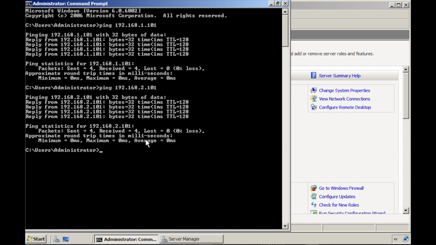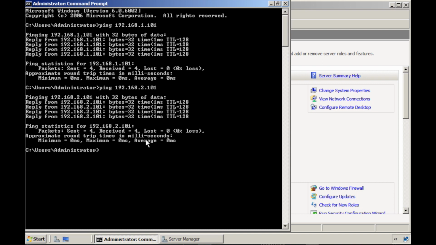These IP addresses are in different subnets, so technically they should not be able to ping each other without a router. Since each NIC card is connected to the computer, when it goes to send the ICMP request out, it could check to see what address we're trying to ping and realize, okay, we're trying to ping the 2 network, so I'll use the NIC card that has a 2 IP address, and so it's essentially pinging itself, and of course that's going to work. Or if we're trying to ping 1.101, it could say, well, I have a NIC card on the 1 network, so I'll just use that NIC card to ping 1.101, and again, it's just pinging itself,